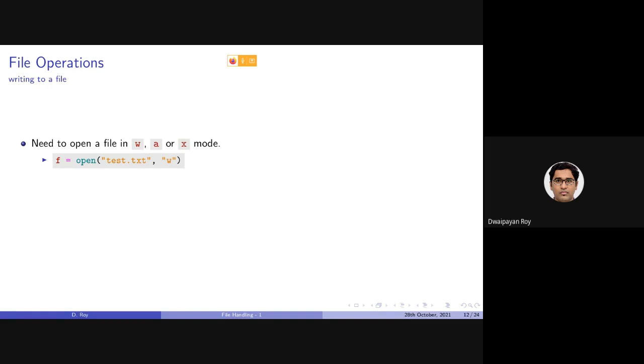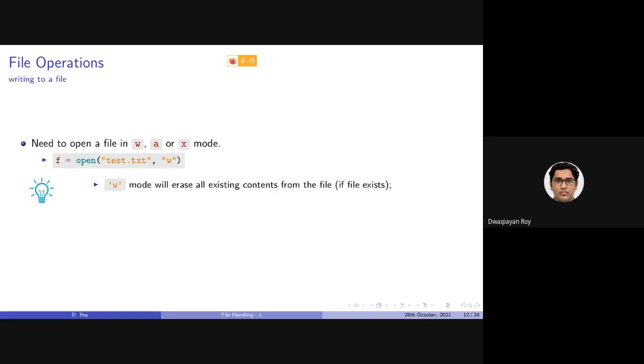To write some content in a file, we should be using either the W mode to open the file, or the A mode or append mode, or the exclusive creation mode. We will be mostly focusing on the W mode to create or open a file in the write mode.